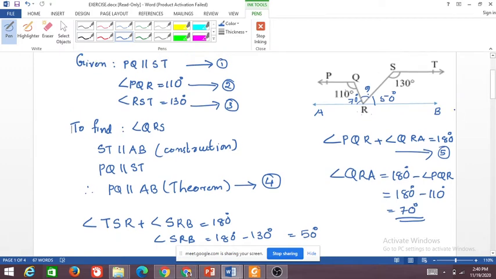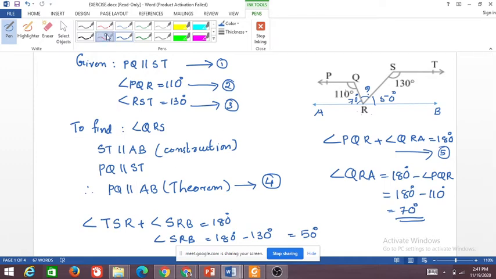Yes, ma'am. Can I, ma'am? Yeah, Ramya, tell me. Yes, ma'am. Here, actually, it is a supplementary, ma'am. Which angle? Because we know the theorem. As per the theorem, ma'am, when a ray stands on a line, then the interior angles on the same side of the transversal is supplementary, ma'am. Okay, Ramya, the statement is quite confusing. See, when a ray is standing on a line, how will you get interior angle and exterior angle?